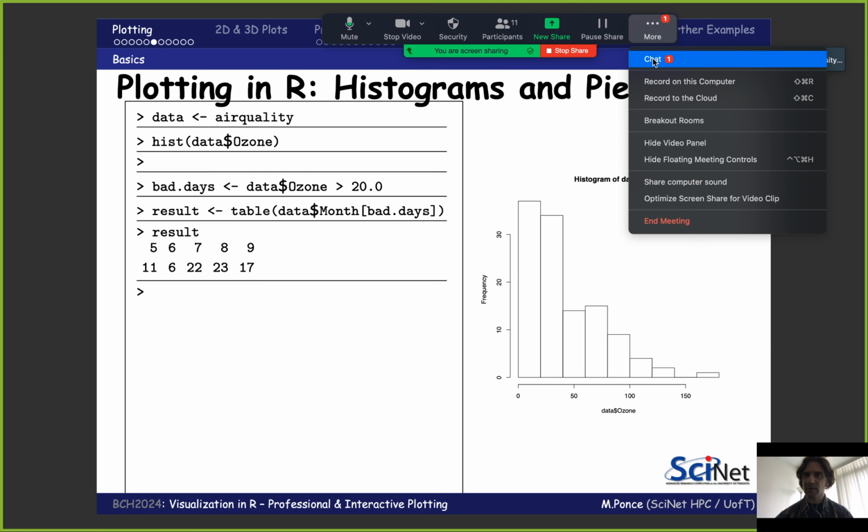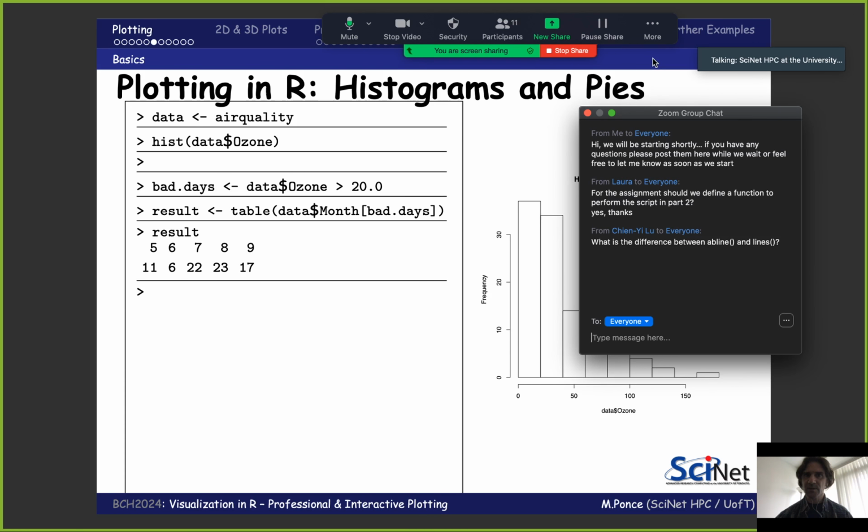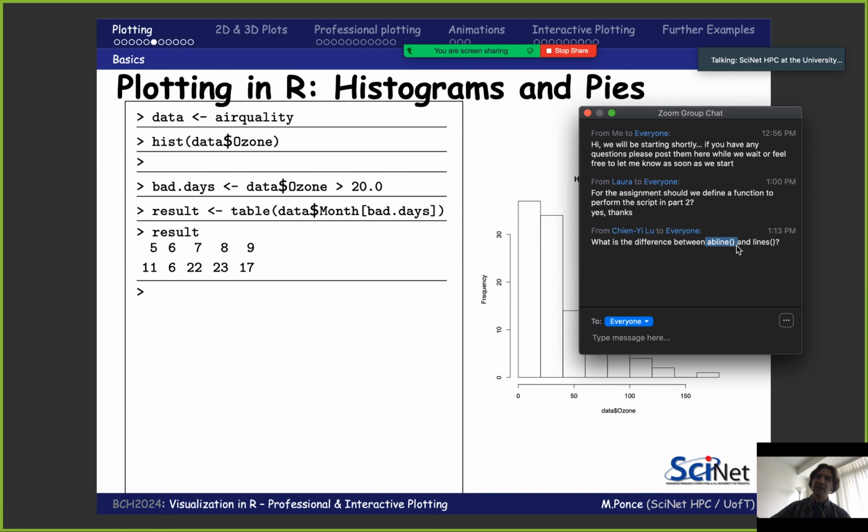Let me see, I think we have a question in the chat. Okay, perfect, good question, Chenji. So abline basically allows you to add just one straight line, meaning y equal ax plus b. Lines basically allows you to add a line that connects dots. So for using abline, you need two parameters to define the line, either the slope and the independent term.